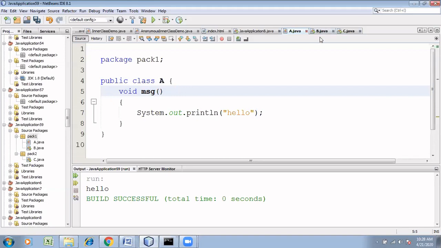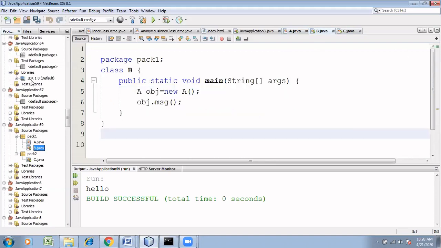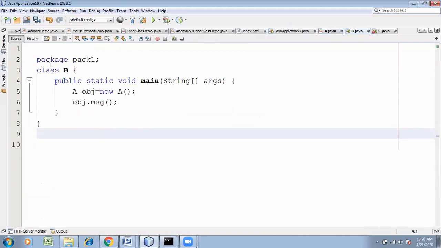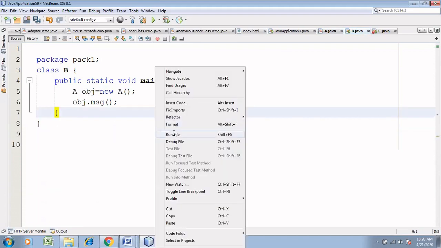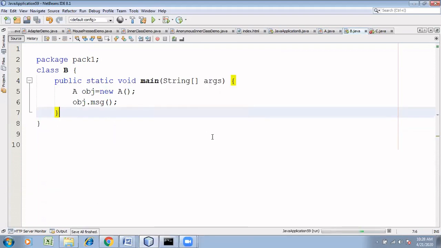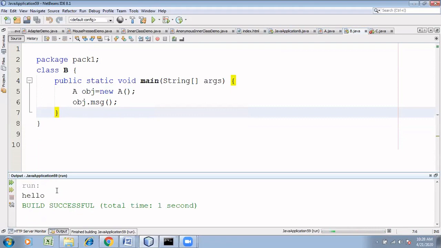Now within the package, do I have some other class? Yes, I've created b.java, which is within pack 1. Class B, public static void main, A object, new A, obj dot message. When I run this, the output is hello.